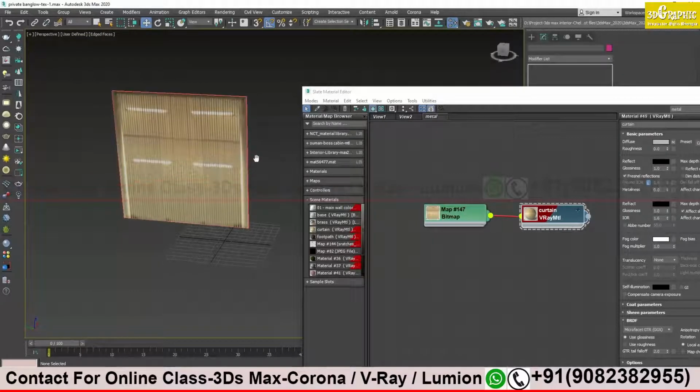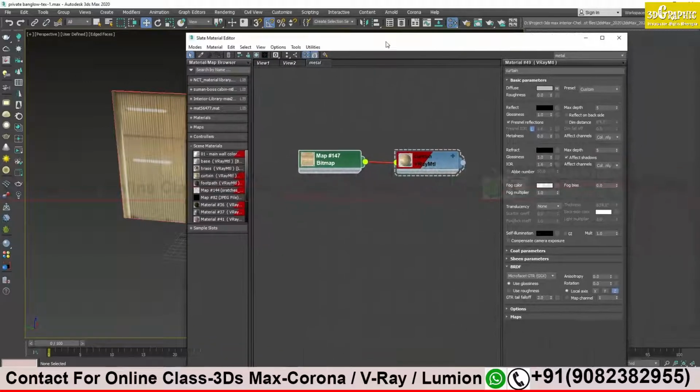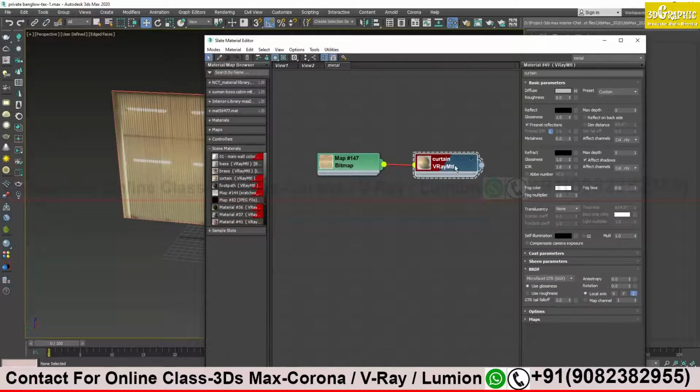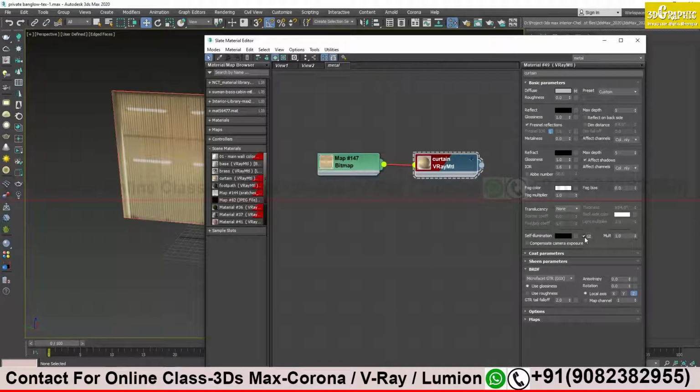So to create that glow effect, I will tell you two easy steps. The first one we do with simply this bitmap itself. Over here, my curtain material, just double click over here. You see, you get the properties for your material. Below you will see there is an option called self illumination. You just have to make it on. Sorry, not this one, this one. By default it is 1. The default value is absolutely fine. It will give you a very nice glowy effect.